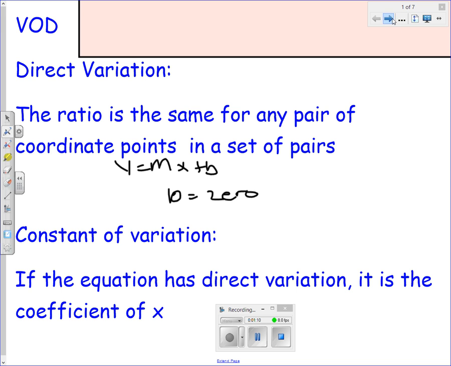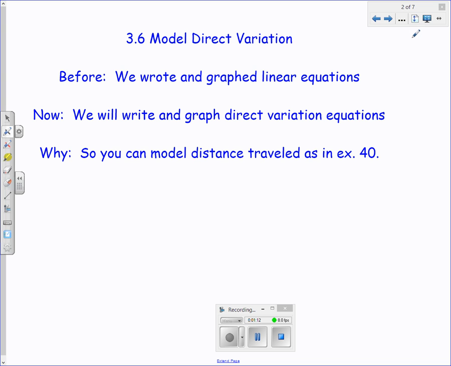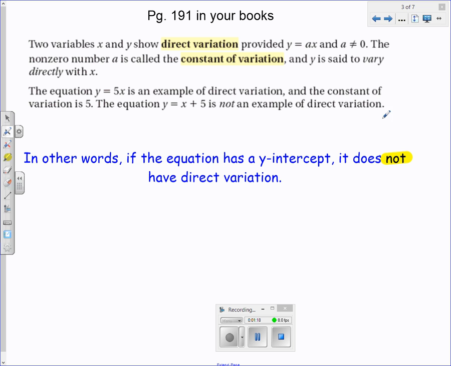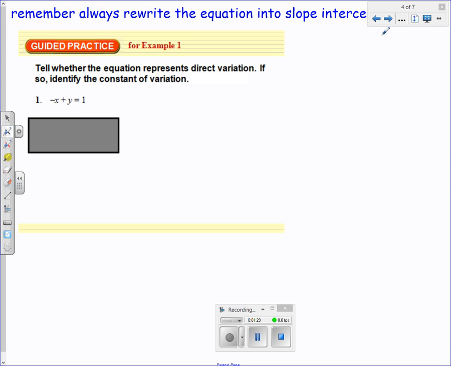So moving on, we have one goal today, and that is to write and graph direct variation equations. In your books, page 191 are the definitions, okay? I've also once again included my words, so if you didn't get those notes earlier, by all means get them now. If you take a look in your book with example 1, and this is on the bottom of page 191 for you,